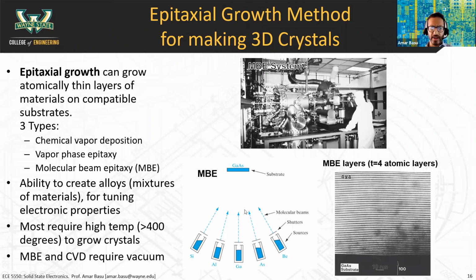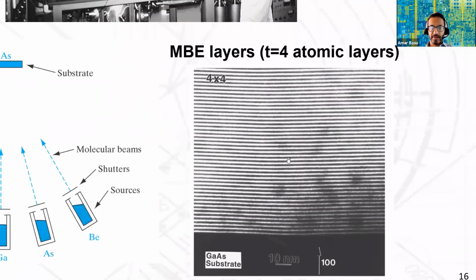A variety of techniques that we're not going to get into, but you can basically add things, create layers of materials at atomic scale. So this is what something might look like. You see these light and dark lines here. This is 10 nanometers, by the way. So this here would literally be 1 angstrom, atomic scale. So you can build very, very thin layers, 1 angstrom at a time. Atomically thin layers